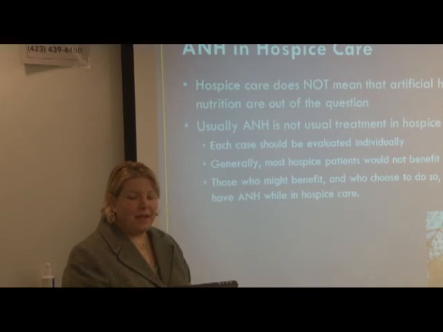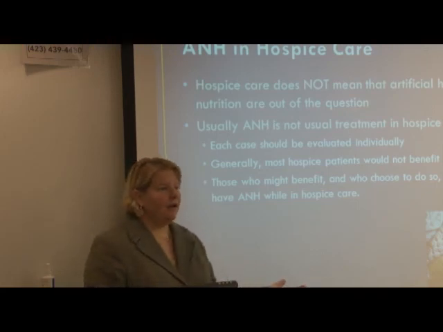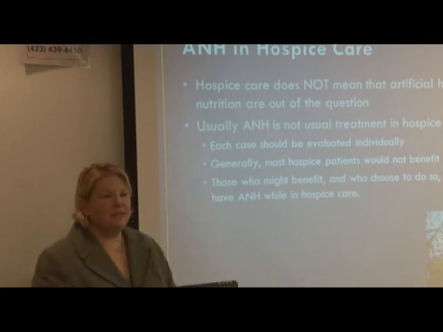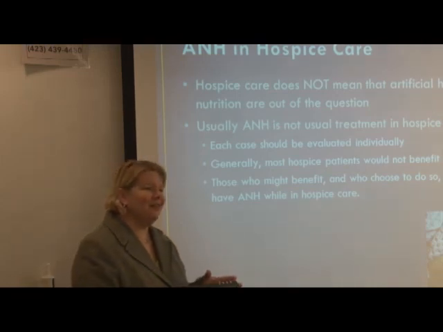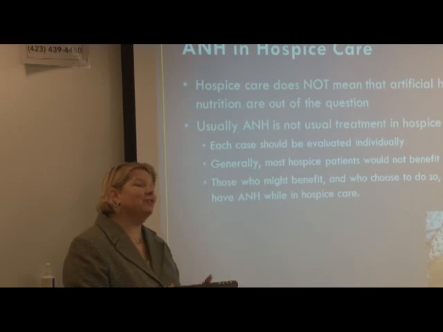Those who might benefit, like those who would have altered mental status due to, say, perhaps opioids, I would certainly consider a trial of IV fluids to see if that would help clear it up. If it doesn't work, then we can stop it. And then we know we've tried it. And sometimes just doing that